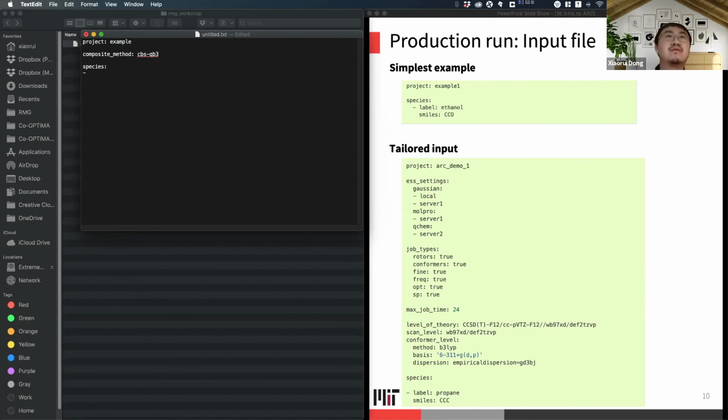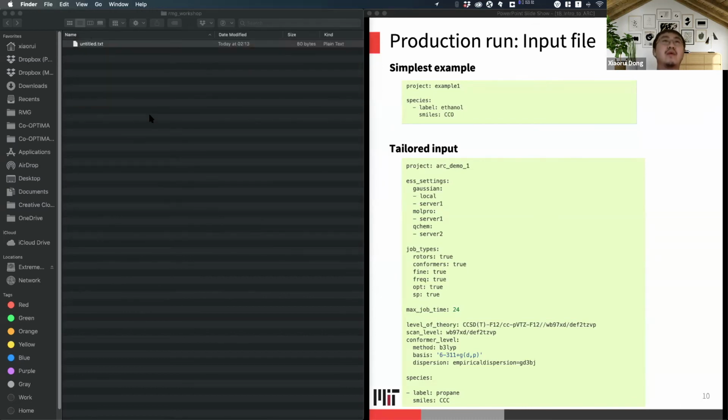Let's do a very simple species like nitrogen, maybe. Although you may not actually run it in your actual work, but this is just a demo. So nitrogen, and